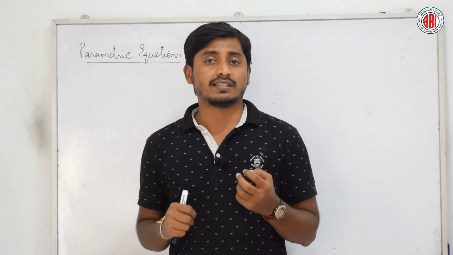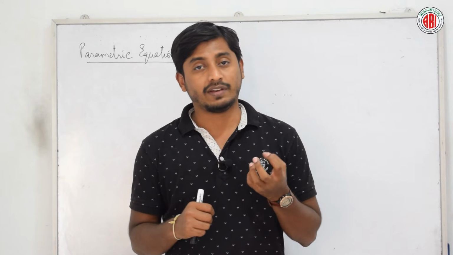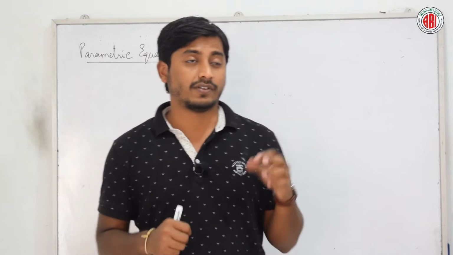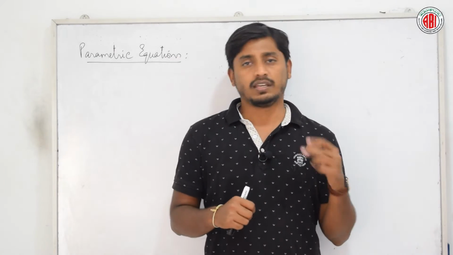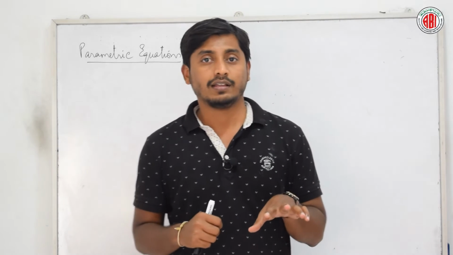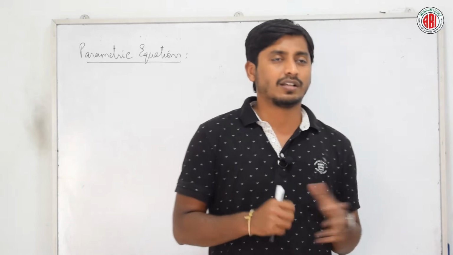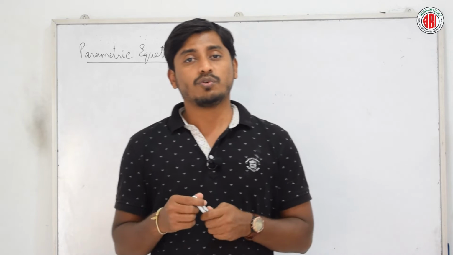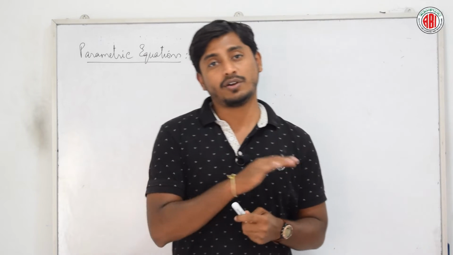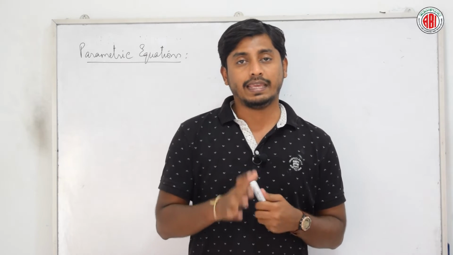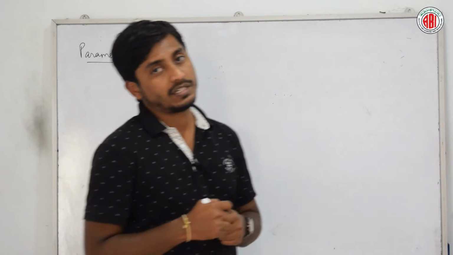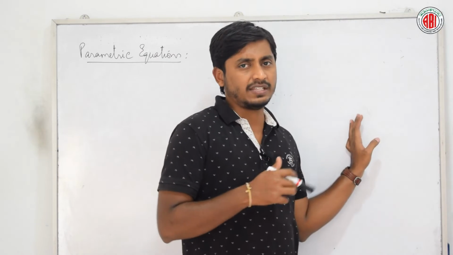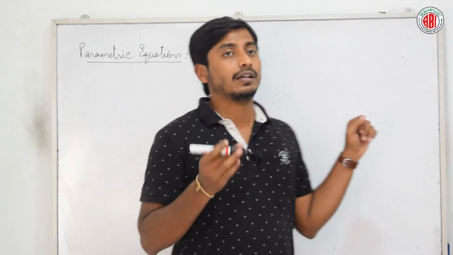Later we also discussed how the tangent of an ellipse is defined. How do we write it? Yes, we know the conditions: if it is a circle we have one thing, if it is a parabola we have one constant, right? And we discussed almost every common thing in all the conic sections. A few more things we have to discuss which are common in all conic sections is parametric equations. What were the parametric equations in parabola? We have in terms of t, at square, 2at. Then what are the terms for the ellipse?